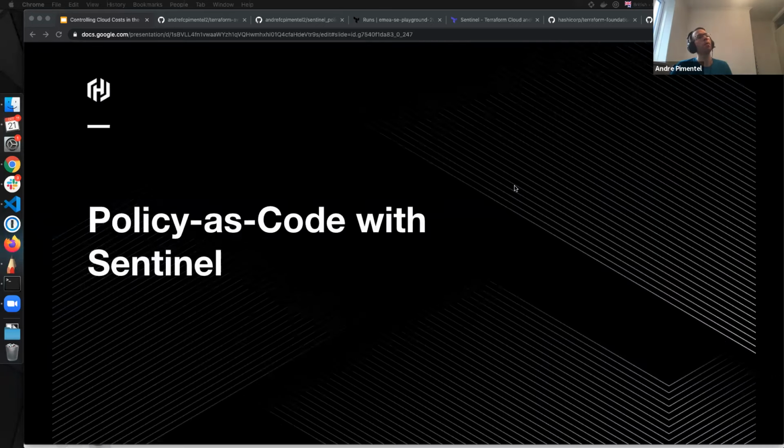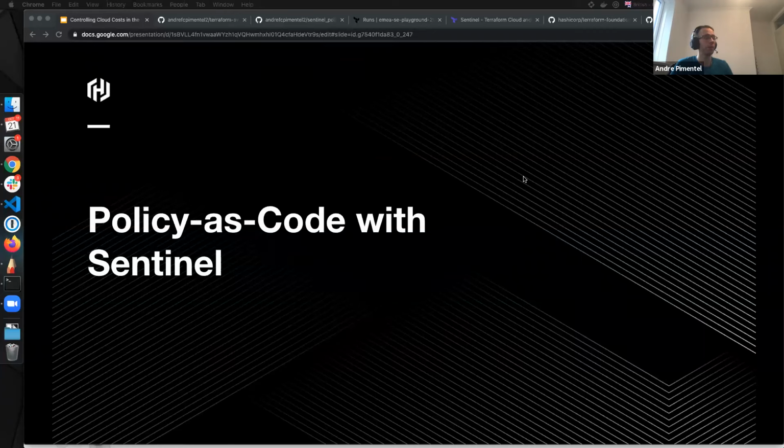So let's talk a bit more about policy as code with Sentinel. We saw the difference between open source and Terraform Cloud and Enterprise. We saw the cost estimation, what it is, and now let's talk about policy as code with Sentinel. By the way, this workshop is not centered on Sentinel, but as you see, we have extensive documentation.